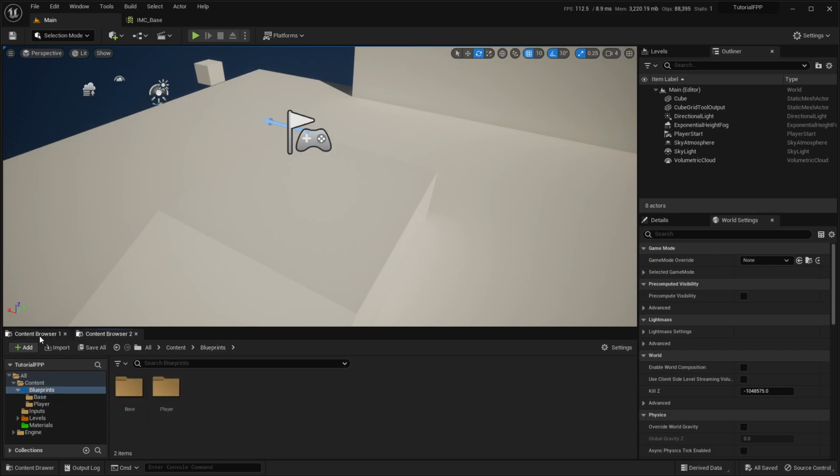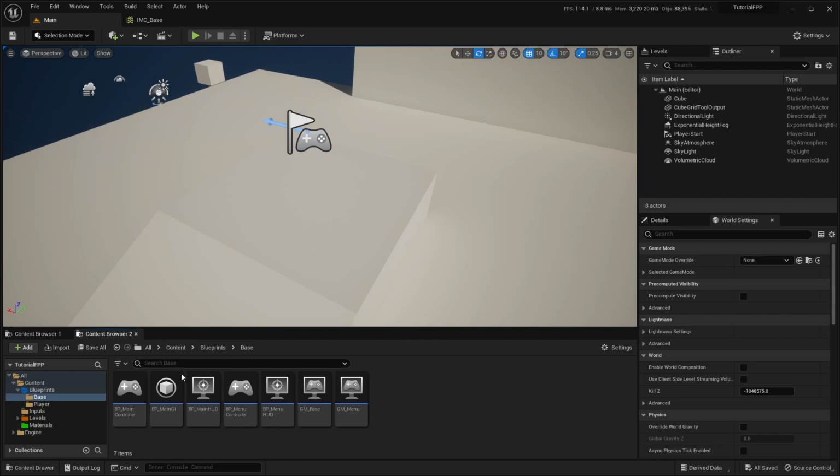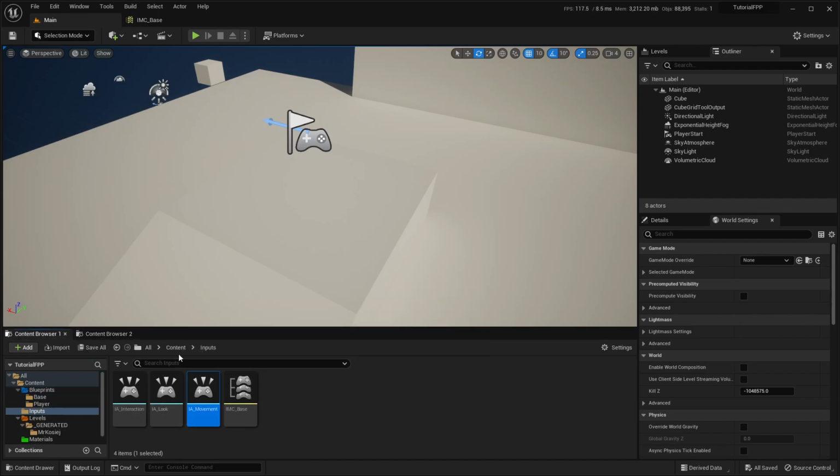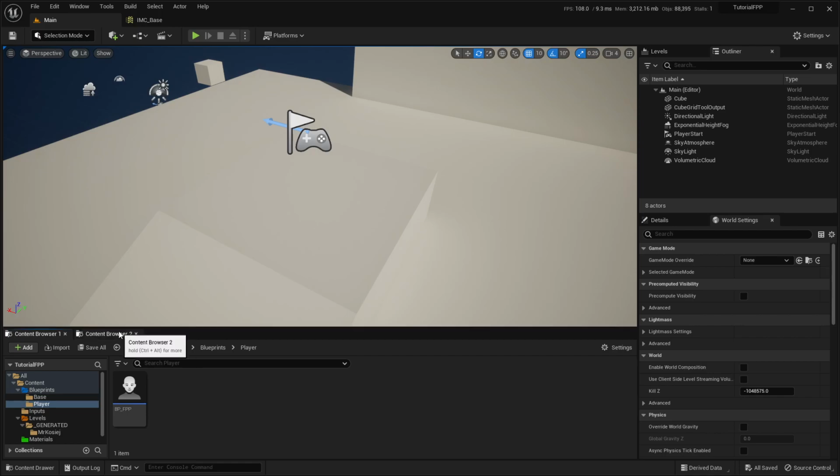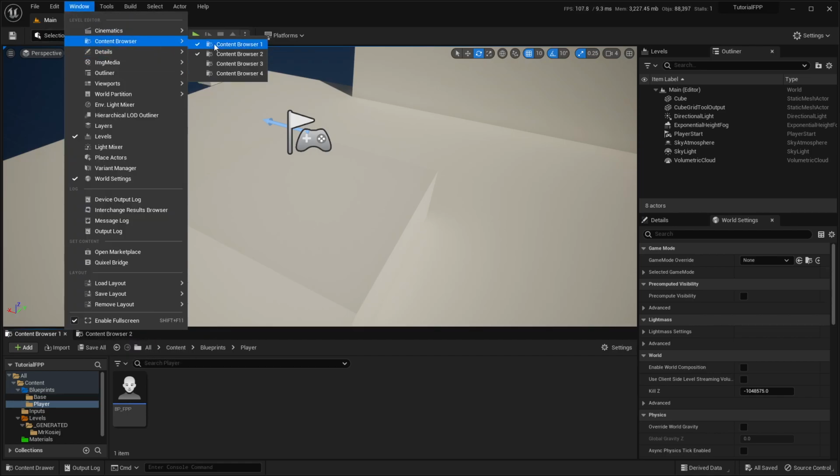So let's open, actually I'm gonna keep base here, and in content 1 I'm gonna open the player tab. Maybe we're gonna add something more to that. We'll see. And if you want to add more content browsers, then it's just in window, content browser, 1, 2, 3, 4. Of course, you can have multiple windows,